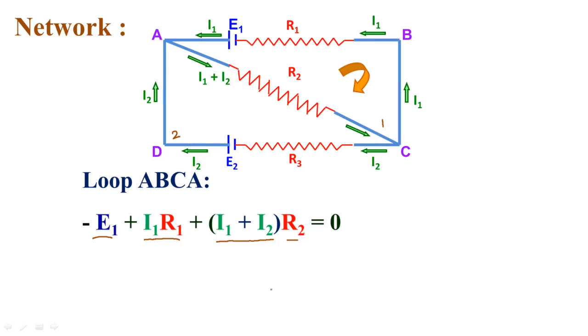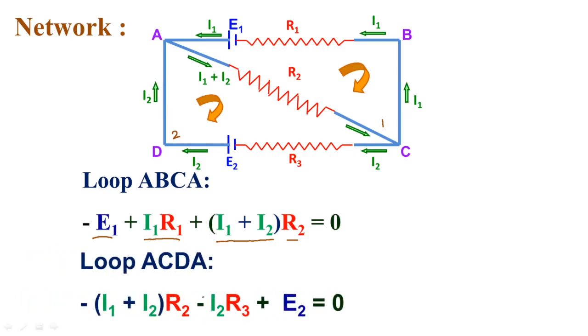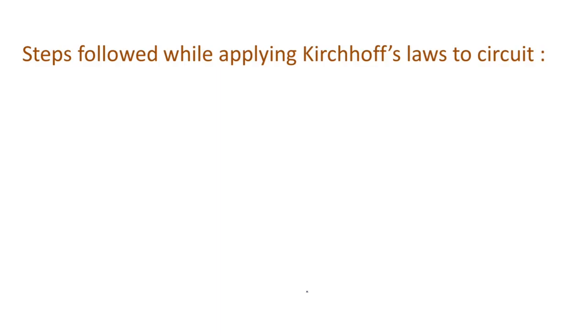Thus, obtaining the equation for the second loop, we can write the equation for that loop by applying Kirchhoff's voltage law. Solving the equations simultaneously, we can find the values of current and EMF in the network. How to apply Kirchhoff's law to the circuit? The first step we have to remember while applying Kirchhoff's law to the circuit is to draw current